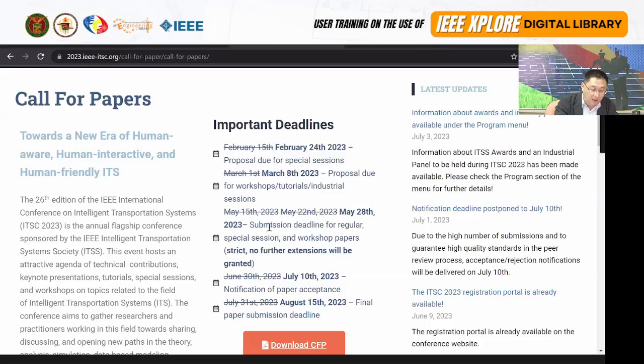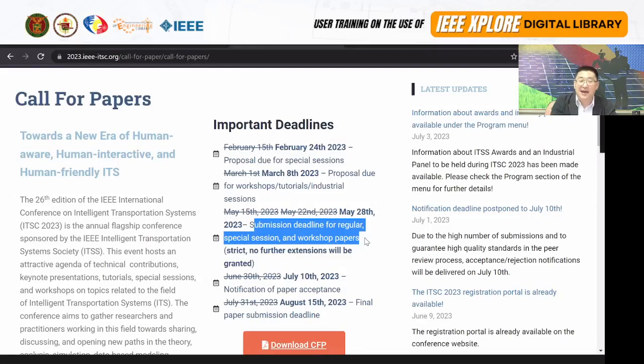So here, submission deadline for regular, special session, and workshop papers, which means by May, which is 2 months ago, you're supposed to send in your paper for this conference. Now we missed the boat, right? Yes, it's happening 2 months from now in the future, but the conference is no longer accepting paper. And that is why I'm telling you, if you plan to publish a conference, you need to plan ahead, way ahead, at least half a year ahead,